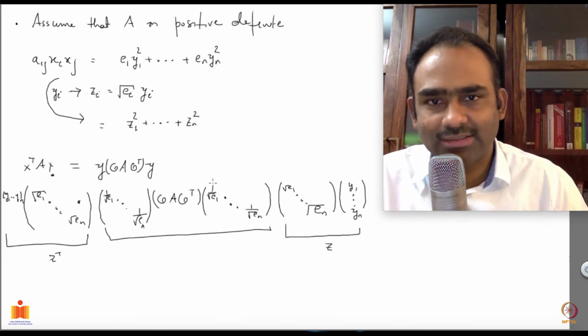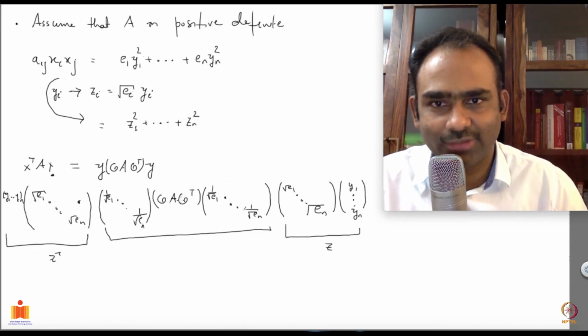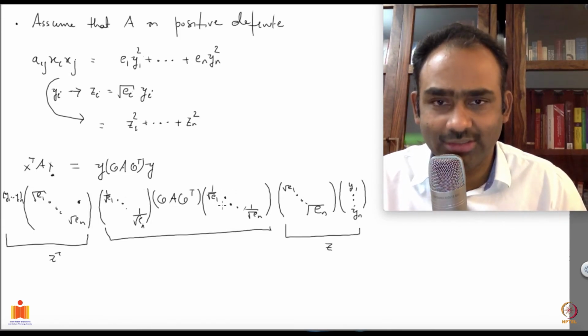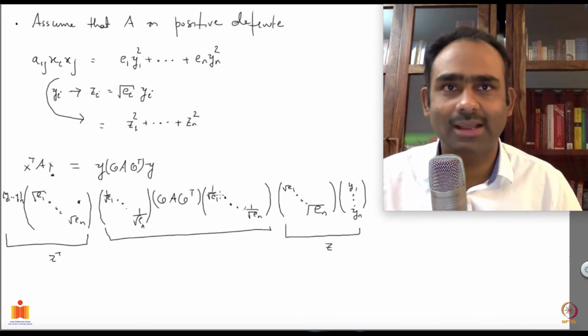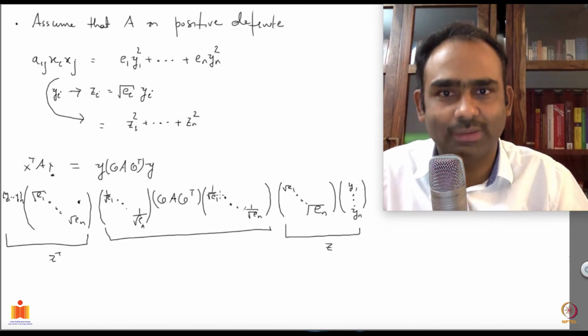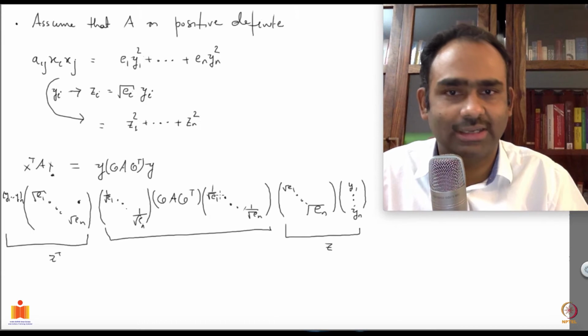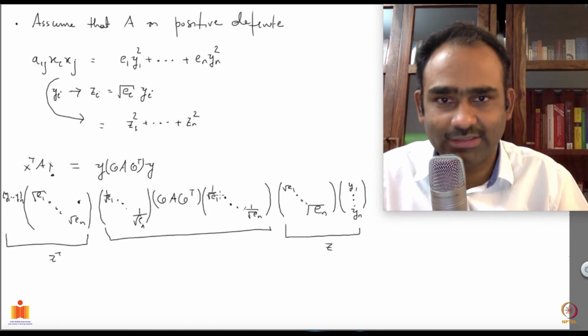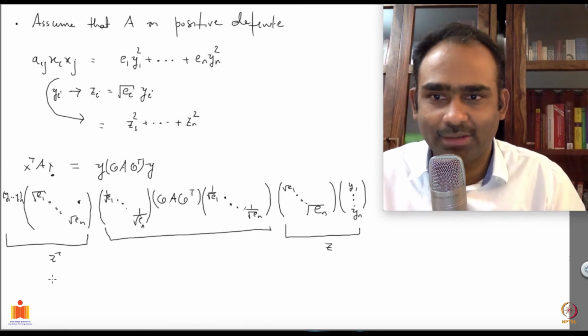And you see this is not an orthogonal matrix, this one. So this entire transformation, O transpose times this thing, is not an orthogonal transformation. Why is this not orthogonal? If you take a transpose of this, it will give you the same thing back, because these are the diagonal entries. And if you multiply together, you get 1 over e_1 and 1 over e_2 on the diagonal entries, not unity on the diagonal entries. So this is not an orthogonal transformation.